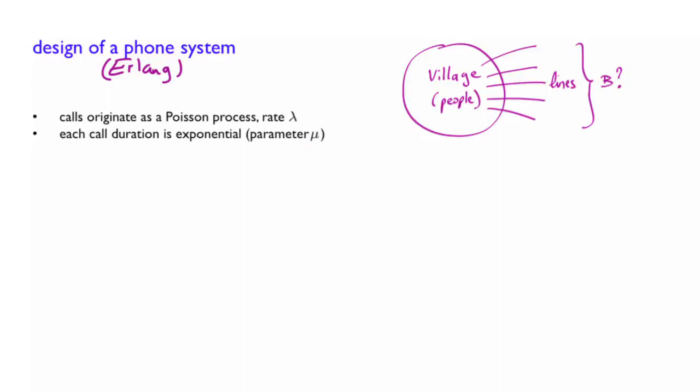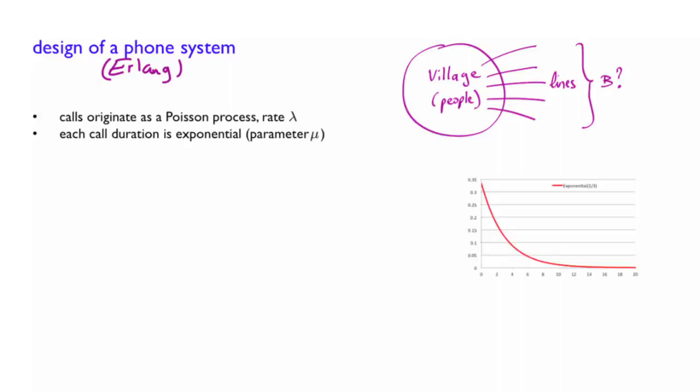Now, is the exponential assumption a good assumption? So here is the PDF of an exponential random variable with parameter 1 over 3. That means that the mean duration is about 3 minutes here. So if you look at this PDF, it means that most phone calls will be kind of short. There is going to be a fraction of phone calls that are going to be larger, and then a very small fraction of phone calls that are going to be even larger. So it sounds reasonable. However, it's not exactly realistic in some situations.